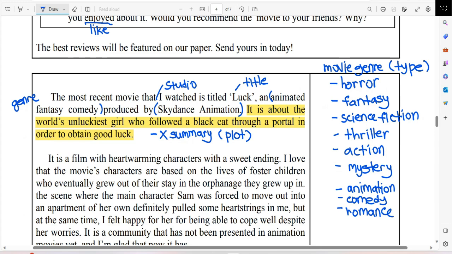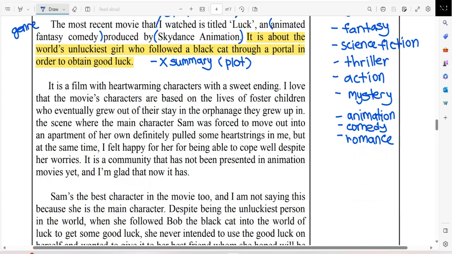Let's say we were to write a review of Harry Potter and the Philosopher's Stone. That is the first movie, the first book of the entire Harry Potter franchise. So just one sentence, you just say, this story is about a boy named Harry who found out he was a wizard and he was to attend a magical school called Hogwarts. Settle. Don't need to talk about anything else, because we are not asking you what happened in the movie, we are asking you what you like and what you dislike. Remember that.